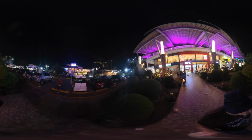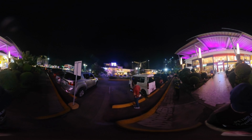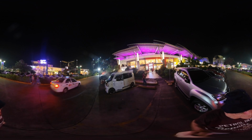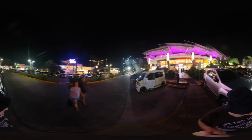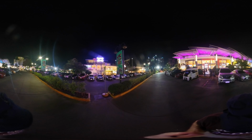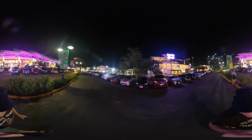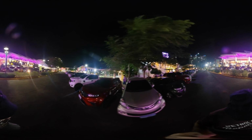They have a bus terminal there, and you can get on a bus in Dumaguete, and there's water between Dumaguete and Cebu. That bus will take you to the, what do you call it, pier. There are a number of piers in South Cebu, for instance, and they will take you there. You will get off the bus. The bus will drive on to the ferry, and you will get onto the ferry. And when it lands in South Cebu, you will get back on the bus, and the bus will take you on up the road if you're going to Cebu City